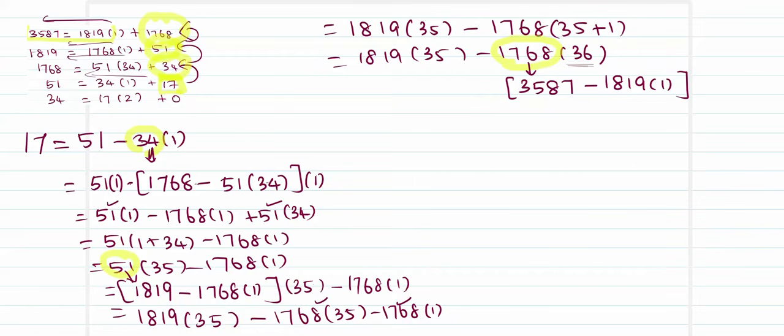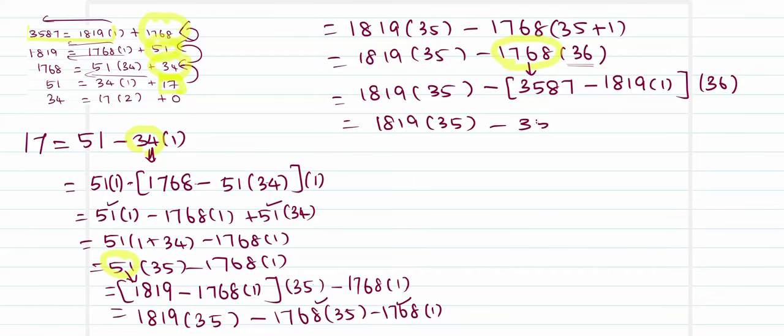Don't forget to multiply with this 36 to the side. And so copy paste the first part as such, 1819 times 35 with the minus sign. On expansion, we have 1819 times 35 minus 3587 times 1 into 36. So that is 36. Minus into minus, this makes it plus. So we have this to be equal to